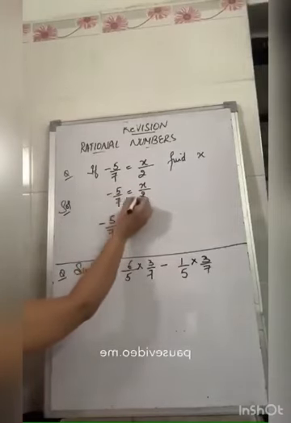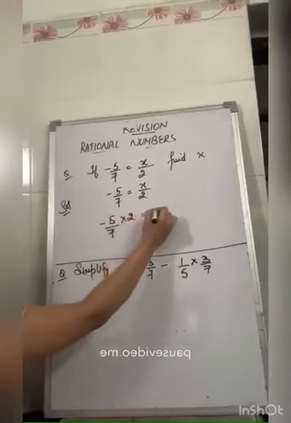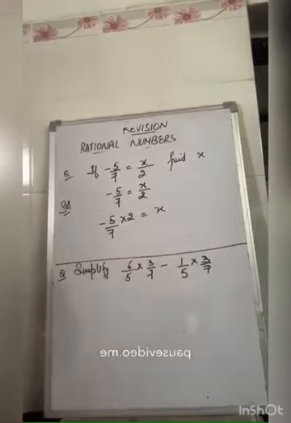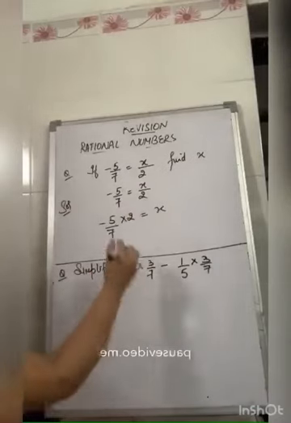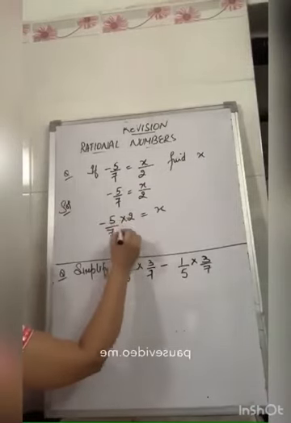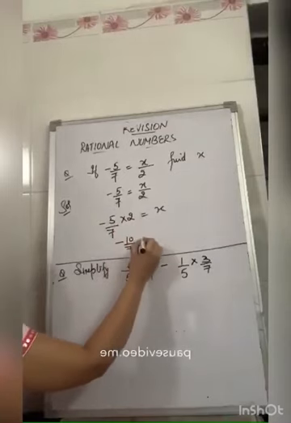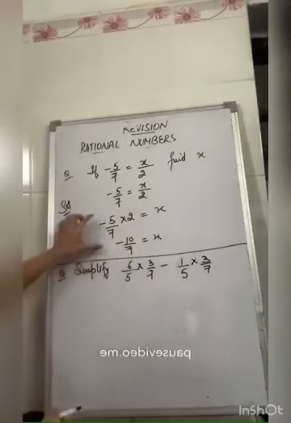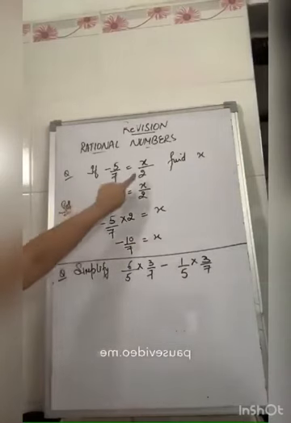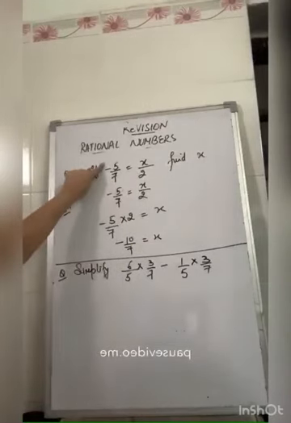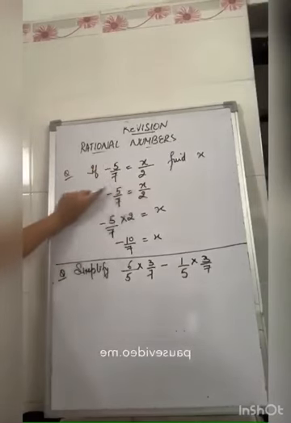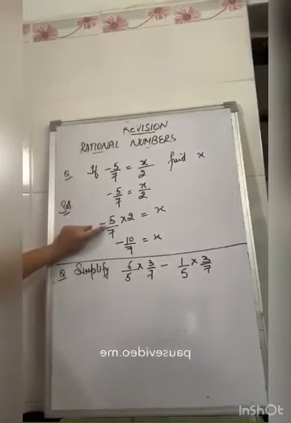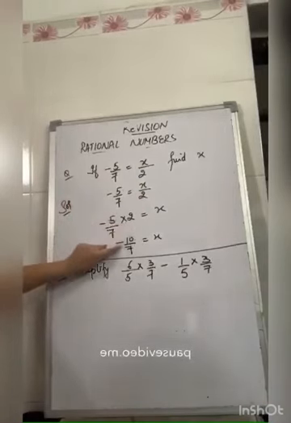x is at its place, right? 2 gets multiplied with minus 5. So you get minus 5 into 2 is minus 10 by 7 is equal to x. Just 2 steps answer it is. You will shift this 2 from the right hand side to the left hand side. Here it is dividing on the right hand side. When it comes across, it will get multiplied with minus 5. So minus 5 into 2 is minus 10. Minus 10 over 7 is the value of x.